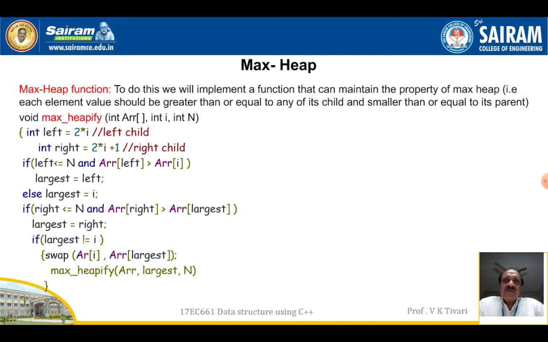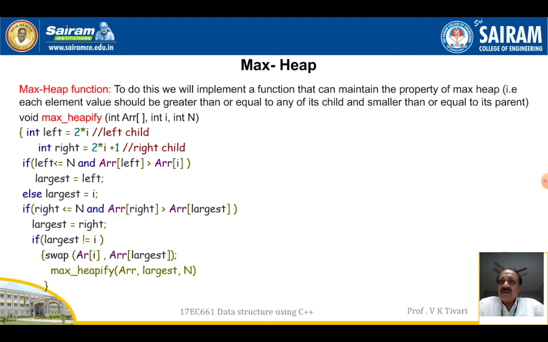Here we will implement a function that can maintain the property of max heap. Each element value should be greater than or equal to any of its children and smaller than or equal to its parent. This is very clearly written in the program; you can go through it. The left child is 2 star i, and the right child is 2 star i plus 1. Then we check if left is less than or equal to n and array left is greater than array i,